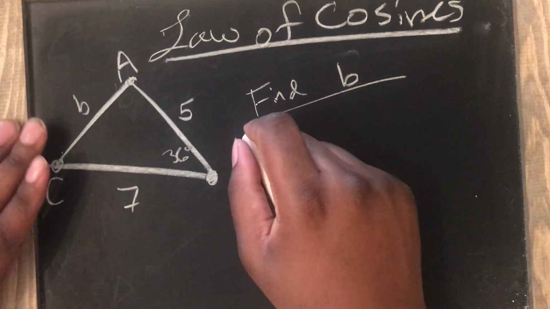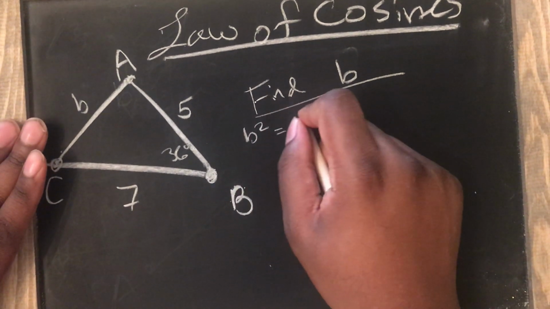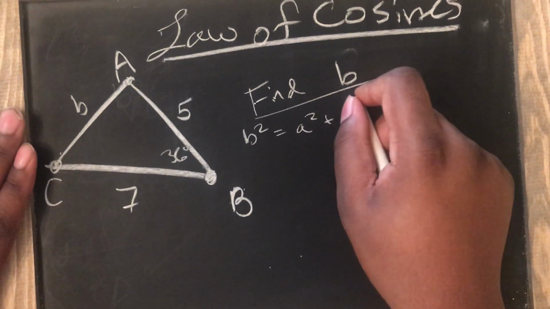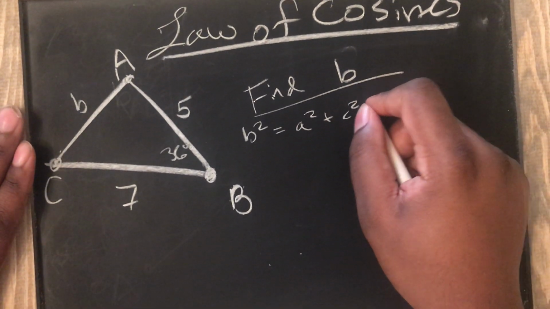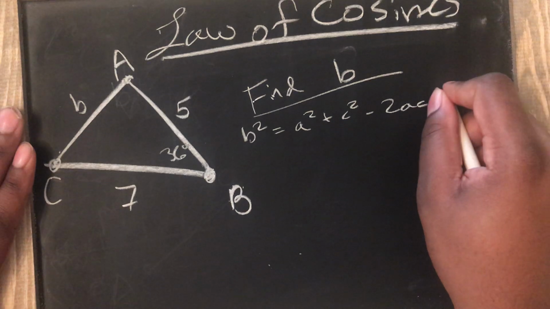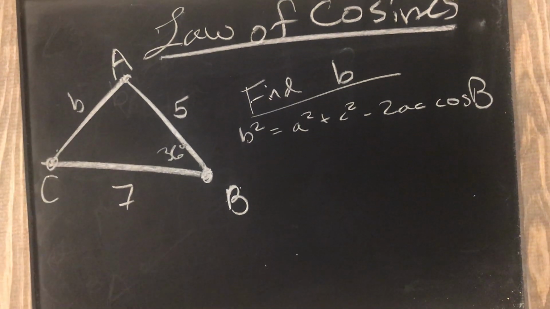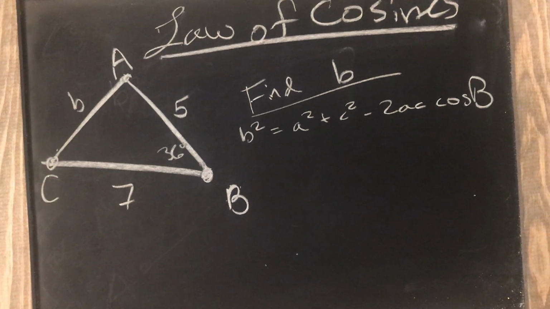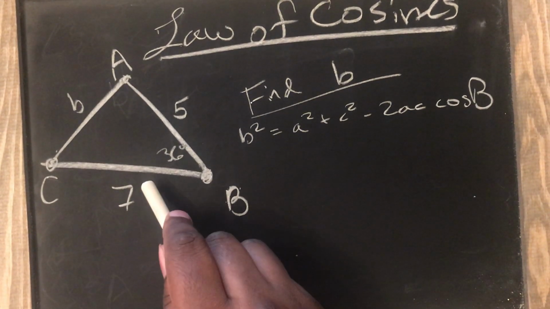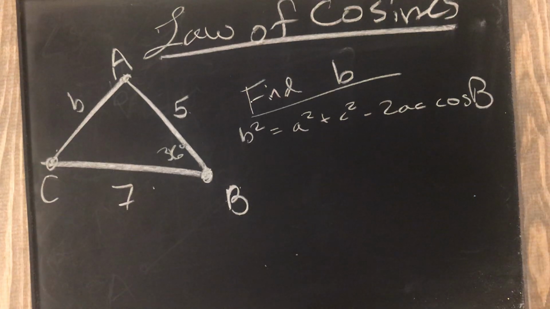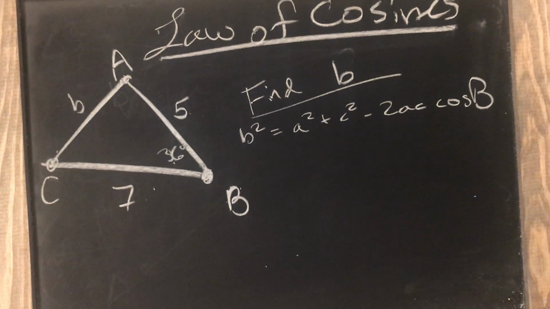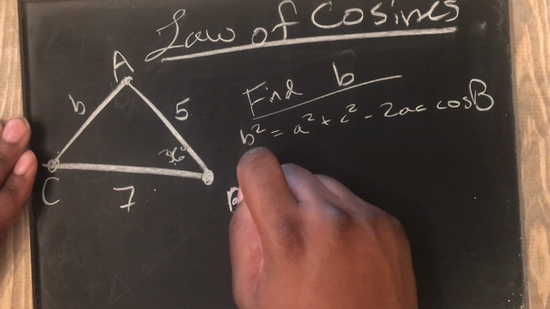Well, let's remember, b squared equals a squared plus c squared minus 2ac cosine of B. Most of the time when we're working with the law of cosines, you have this SAS format: a side, an angle, and a side. So we know, therefore, b squared